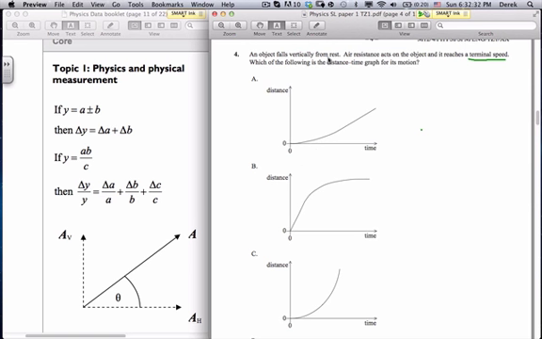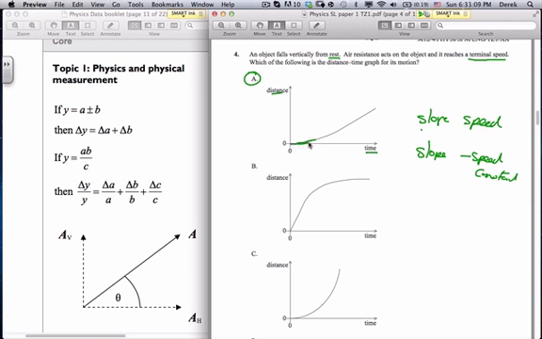So it falls from rest, so initially we're going to have a 0 gradient, and it's going to increase, and this would be our acceleration part, and then it should come to a constant, because in this distance time graph, the slope would be the speed. So when the slope is constant, the speed is constant. That's what happens with terminal velocity. So it's actually going to be A, because here we have